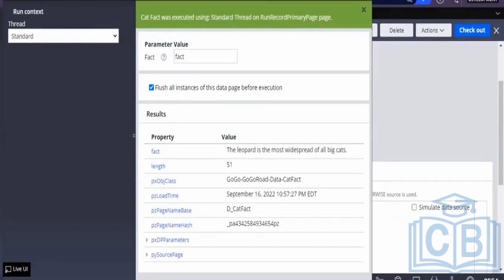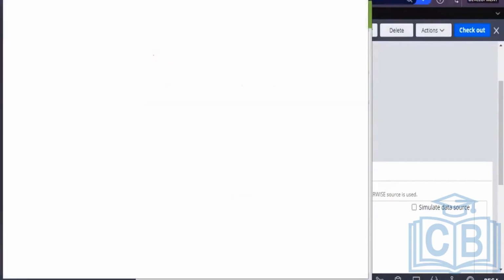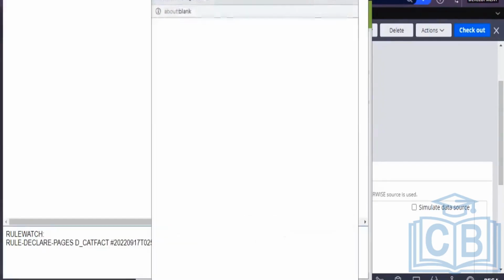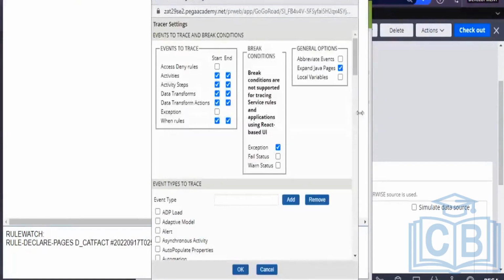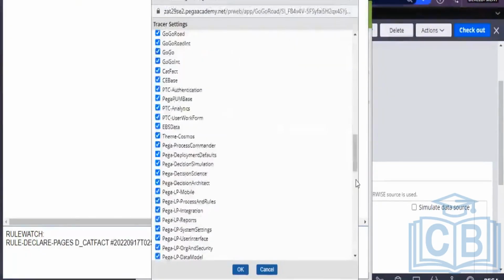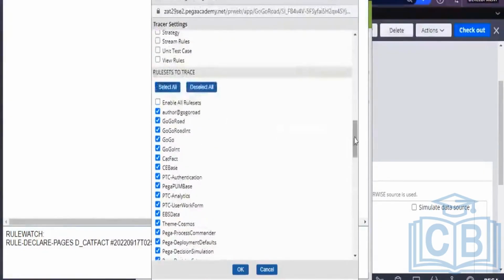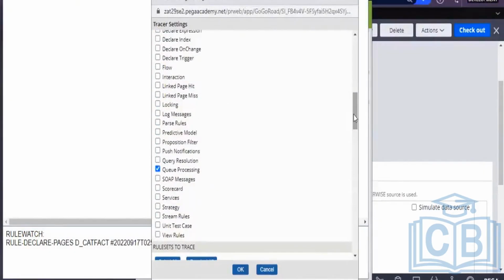Click on trace. Open the settings of the tracer. Come down. Go to the top. One second. You select the services, it is there, right?